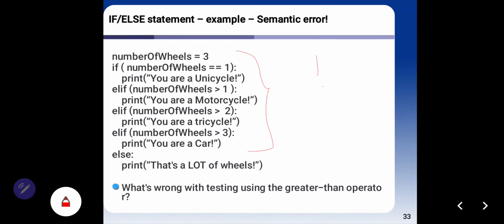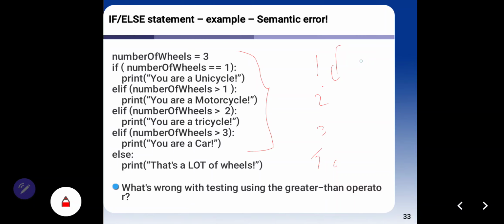For example, imagine 1, 2, 3, 4, and the process starts from here and ends at the last one.